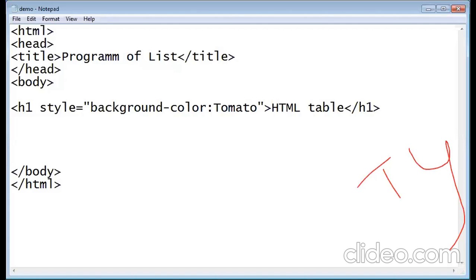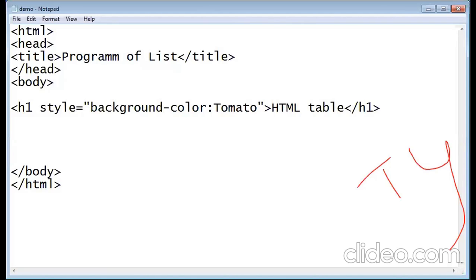Next we will see the first element, that is the text field. The text field is used for getting the information from the user. We have to use the form tag every time. For designing the web form, you have to use the form tag: start with the form tag, end with the form tag. Then there are two concepts: first one is label and second one is input. Two types of tags you have to use.